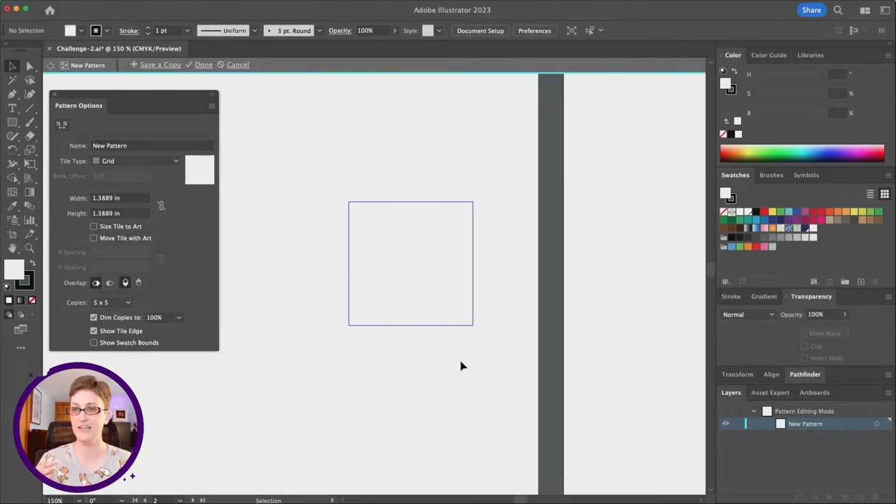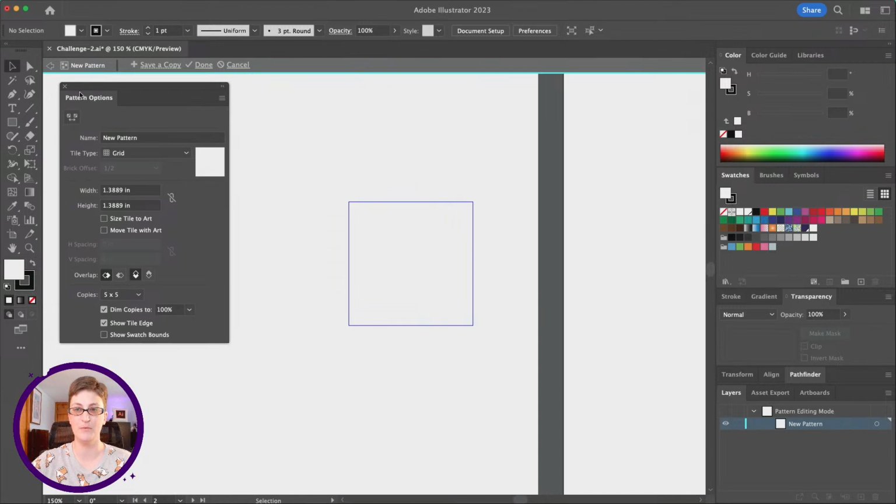Anything that we make in here is going to be duplicated, you'll see in a second, across this screen, so we can get a little preview. For the time being, I'm going to leave these pattern options alone. This window will pop up and it's got a whole bunch of options that we're going to take a look at in a minute, but for now I just want to get started so we can see what